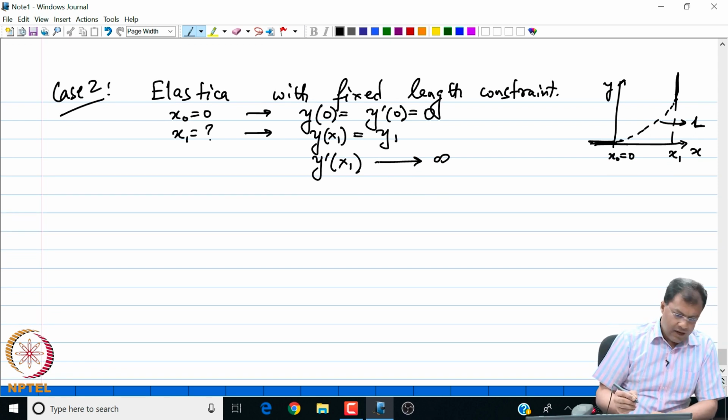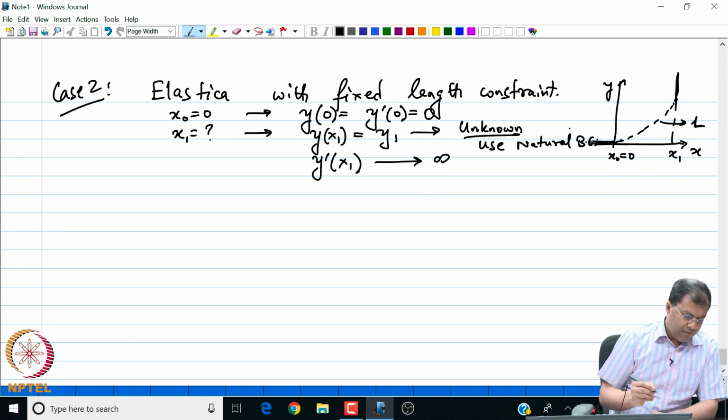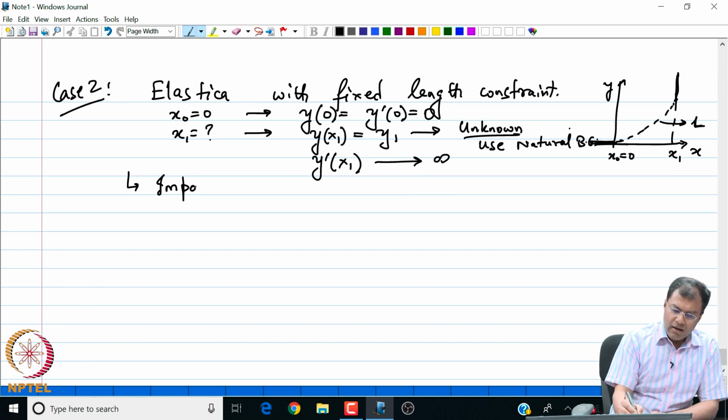Now, this y1 is an unknown of the problem. So we have to use our natural boundary conditions. And further, we have the length constraint. We impose the length constraint,